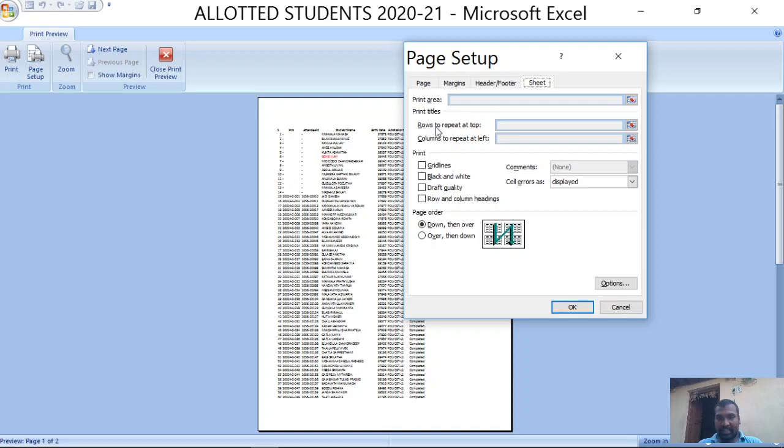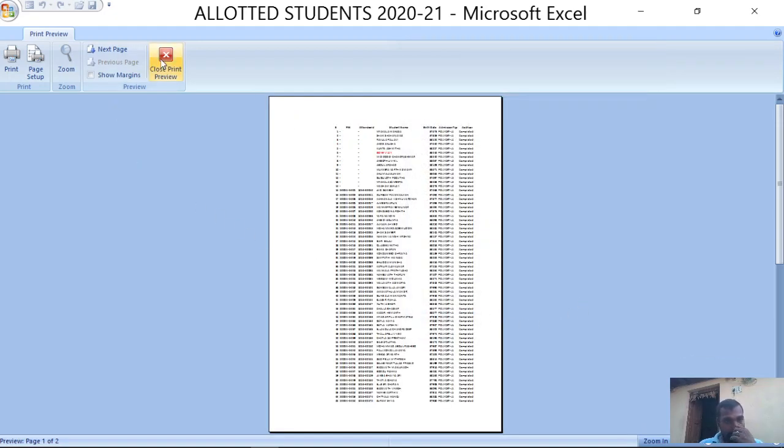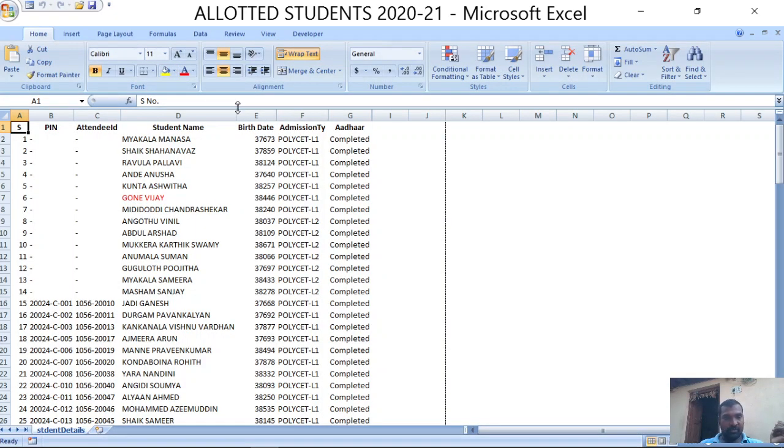Print titles, any rows to be repeated at the top. So if you want to go with the print titles, then click on this one. So it is not opening. So anyway, I can open that by directly opening the print titles command. Okay, so click on OK.